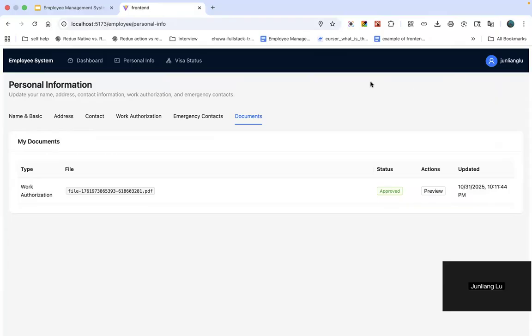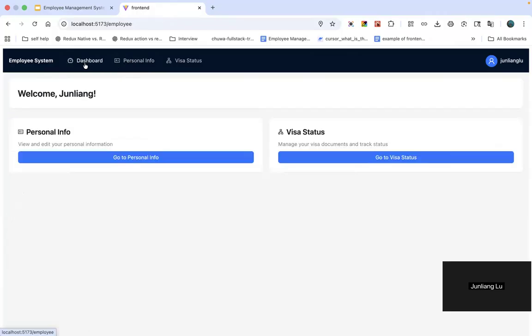We are now on the employee's personal information page, which you can reach by clicking the Personal Info tab on the navigation bar, or you can click the personal information link on the dashboard page. Look at the personal information page. So if you click on personal information from the dashboard,